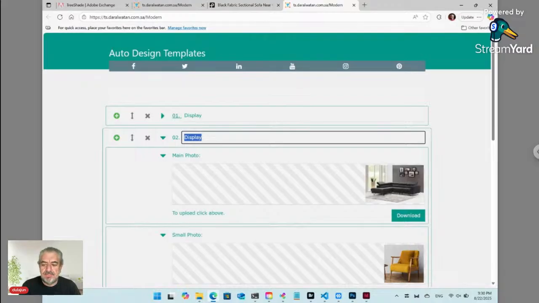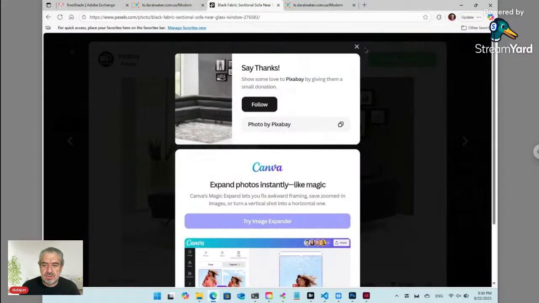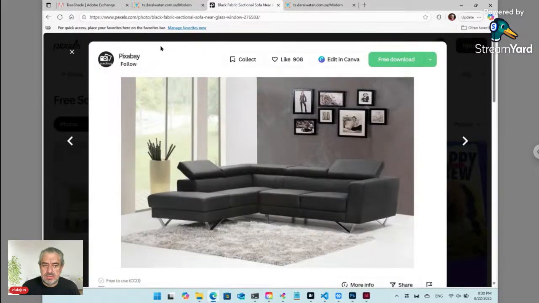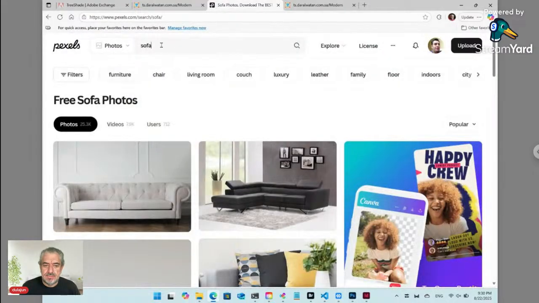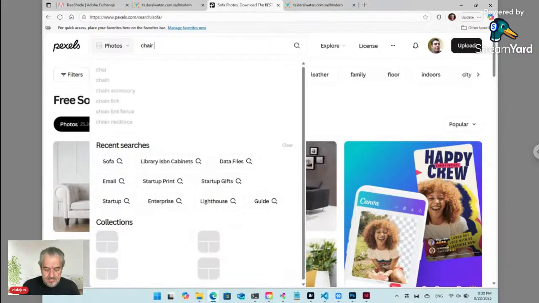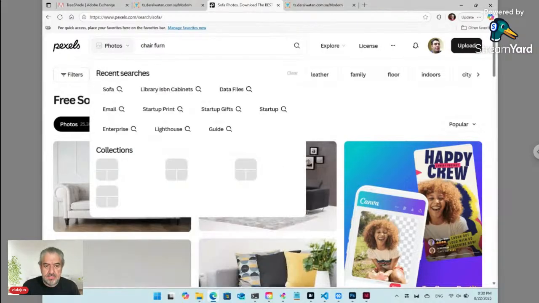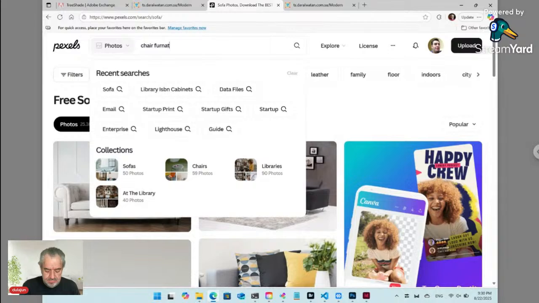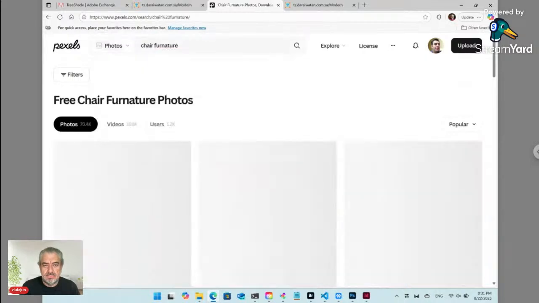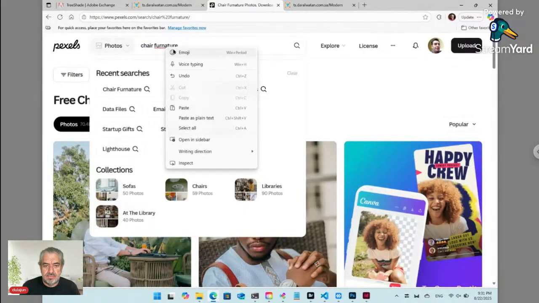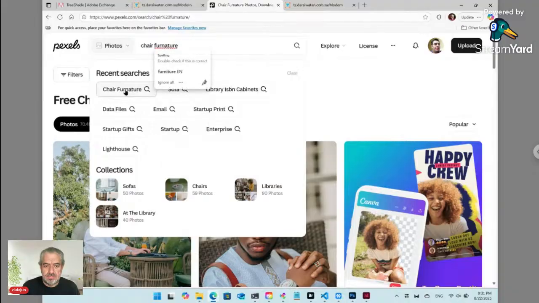Let's say chair, and let's make some photos about